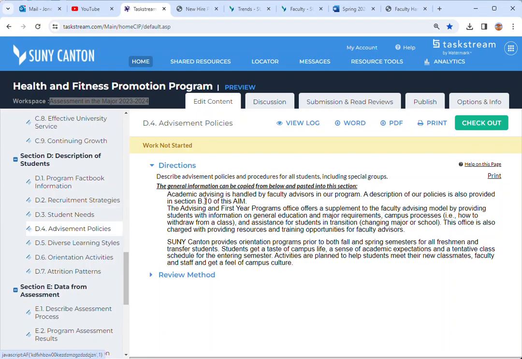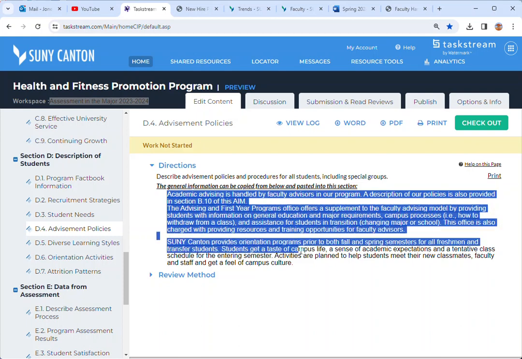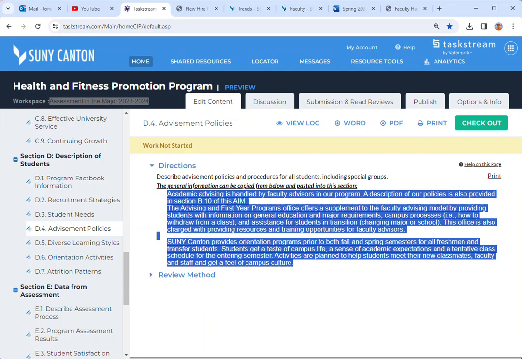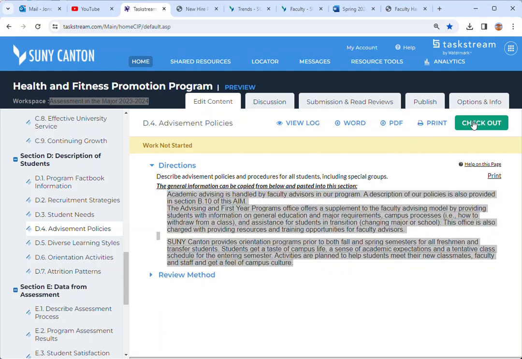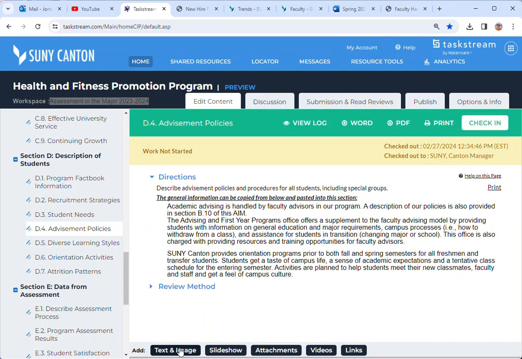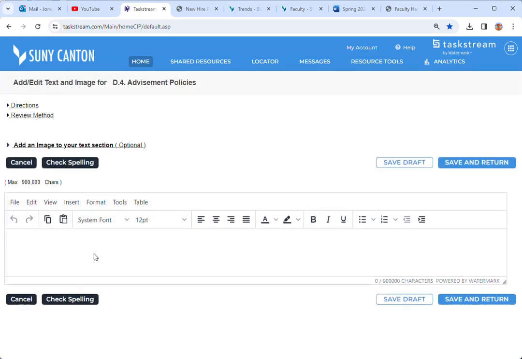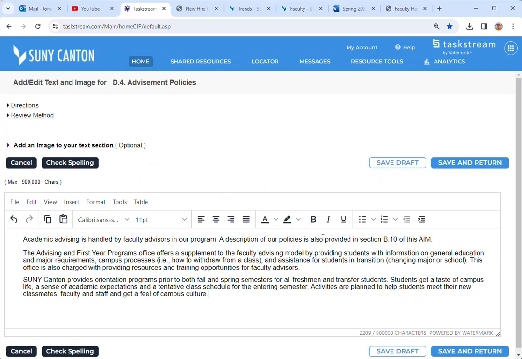When it comes to advisement policies, this is an easy one. It just says this general information can be copied from below and pasted into this section. So, Control C, check it out, text and image. We're going to paste this in as a starting point. We're going to keep the formatting for now, and we're going to save and return, and then that information will